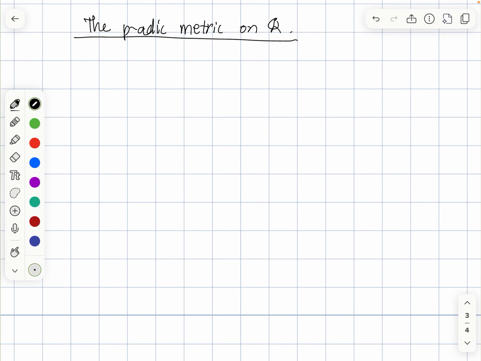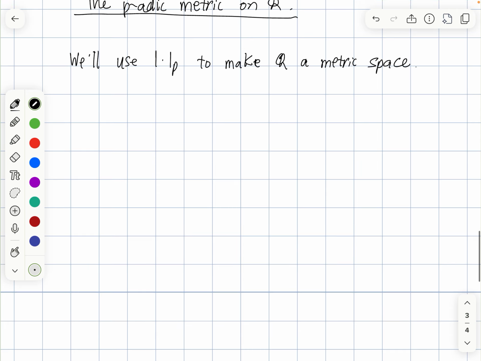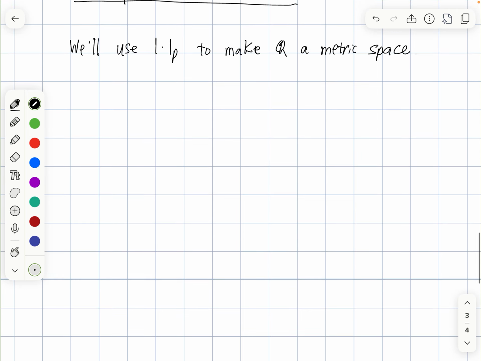In this video, we will use the p-adic absolute value that we defined in a previous video to turn Q into a metric space. So we'll use the p-adic absolute value to make Q a metric space. And to define the metric, we define a map from Q cross Q into the real numbers by